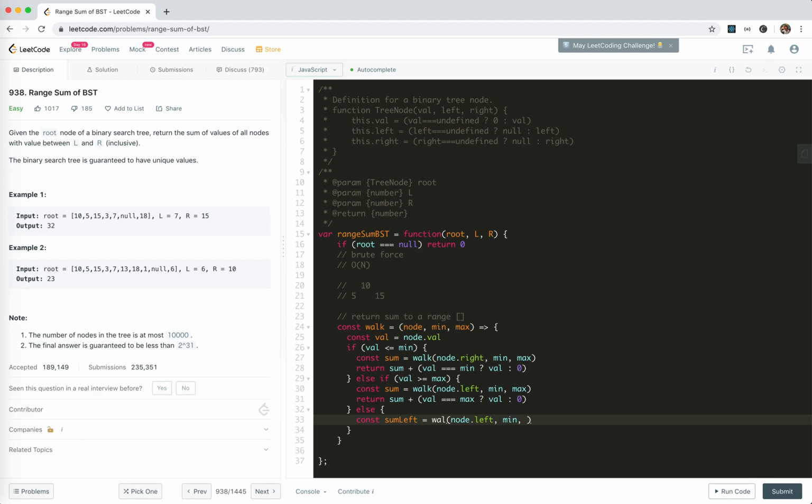Actually, if it's in the middle, then max doesn't change because it doesn't matter. Const sum right equals walk node right, min, max. Return